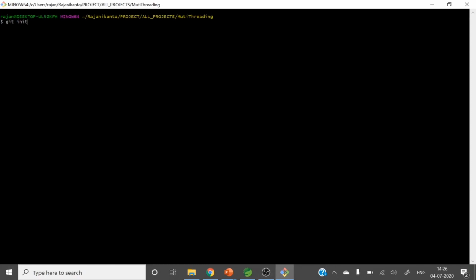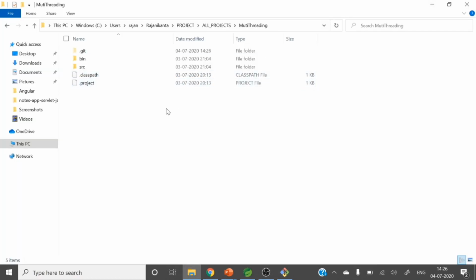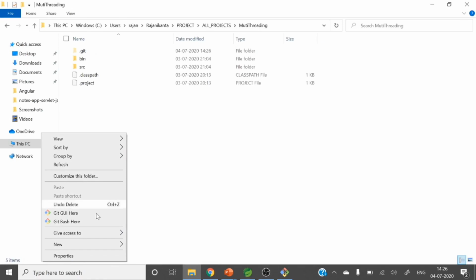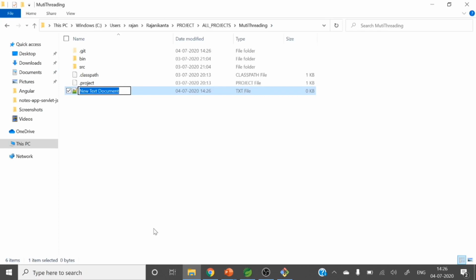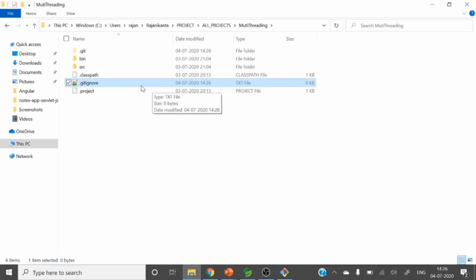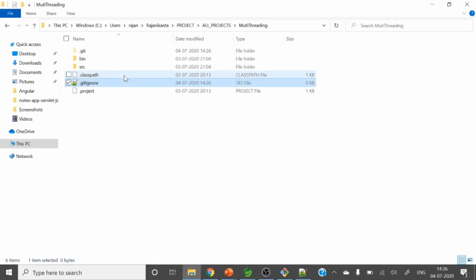Git init to initialize this project as a git project. Initialized. Okay, you can see the git folder. Let me create a .gitignore file. Sorry, it's taking it as a text file. Let me save as.